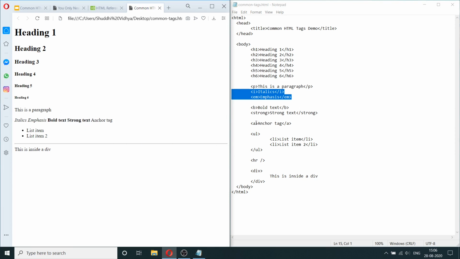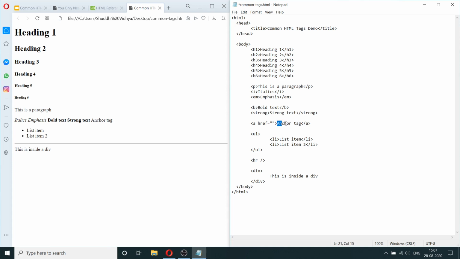Now the anchor tag, this, as you can see, is not giving any kind of change between this and the regular text. So this is not the right way to use an anchor tag. What you have to do is you have to use an attribute. I'll explain what an attribute is in a bit, but basically you have to use an attribute called href, where you specify the link that you want to take the user to when they click the text within this a tag.